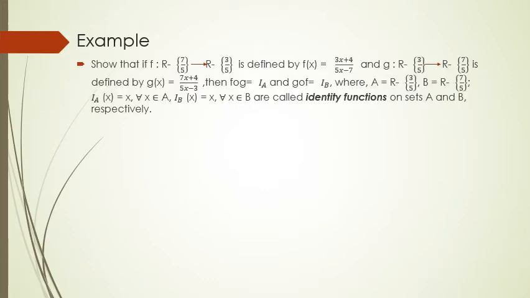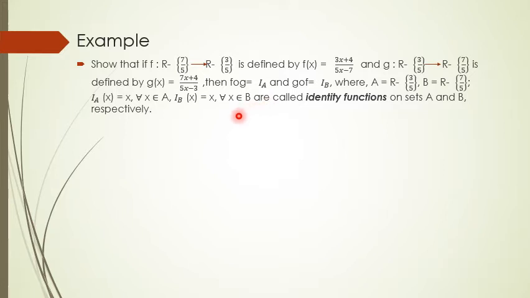Here is another example of composition of functions. Let f be a function from the set of all real numbers except 7 by 5 to the set of all real numbers except 3 by 5, and f of x is defined as (3x plus 4) by (5x minus 7), and let g be another function from the set of all real numbers except 3 by 5 to the set of all real numbers except 7 by 5, and g is defined as g of x equals (7x plus 4) by (5x minus 3). Here our task is we need to find f composition g, g composition f,